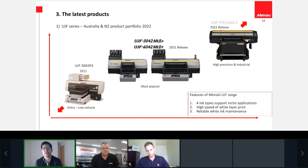Just to give you the benefits of the Mimaki UJF range of UV LED printing in general: we support a total of 4 different ink types for niche applications, starting from generic ink, which is the hard ink used more likely for promotional printing items such as USB sticks, USB memory, or phone cases and so on. But we also have a flexible ink to support foldable phone cases as well. And we newly released the LES 350, a thermal transfer, forming ink for supporting a niche application